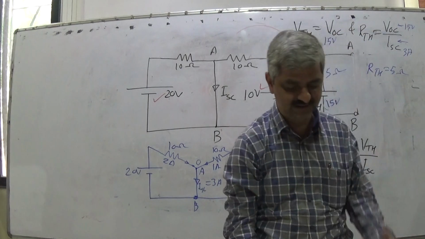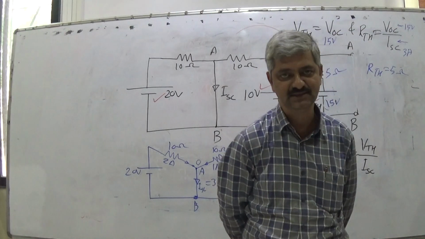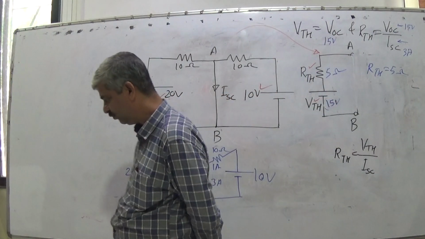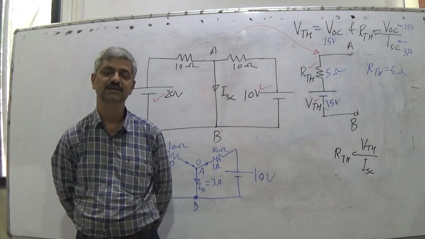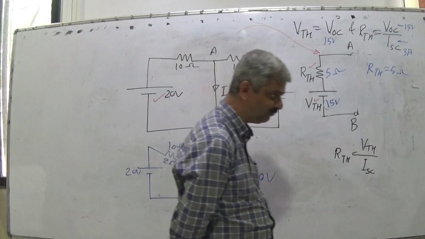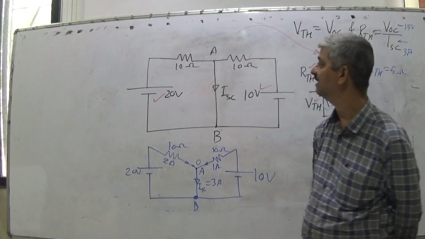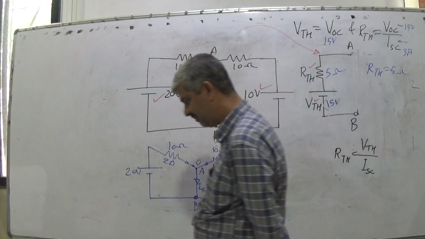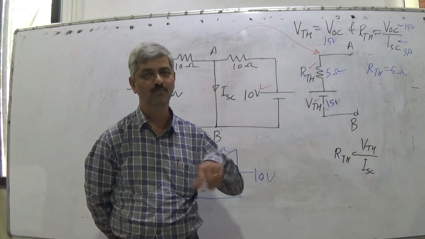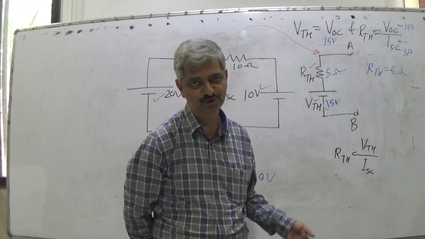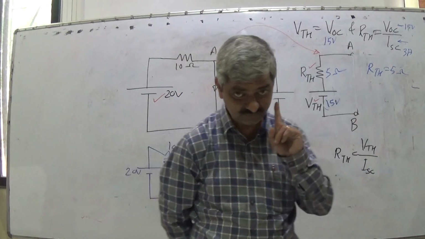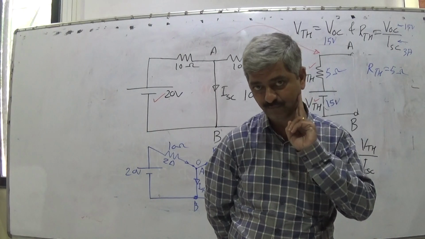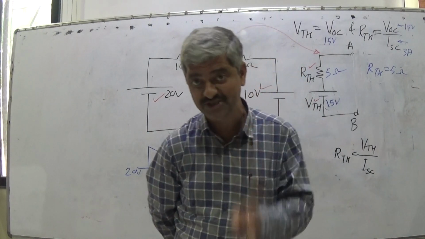So Thevenin's equivalent circuit comprises of a voltage source and a resistance. With voltage source, its value or Thevenin's equivalent voltage is given by open circuit voltage between the 2 points, and Thevenin's equivalent resistance is given by the ratio of open circuit voltage between the 2 points upon short circuit current between the 2 points. If you go through the book or any other literature, the definition for finding out RTH is different, but that is not so easy to understand.